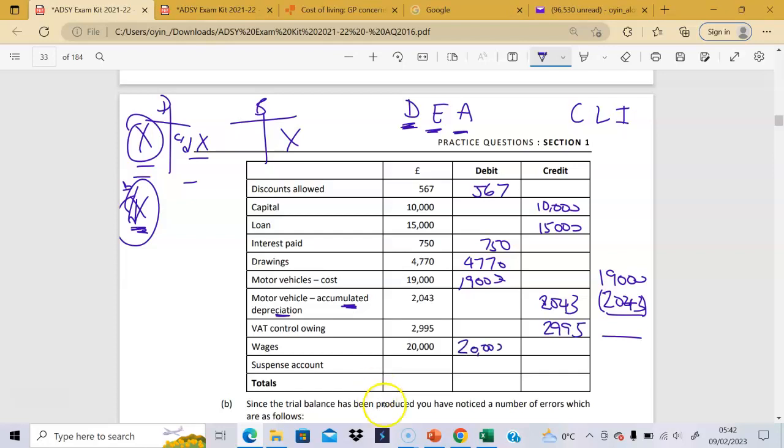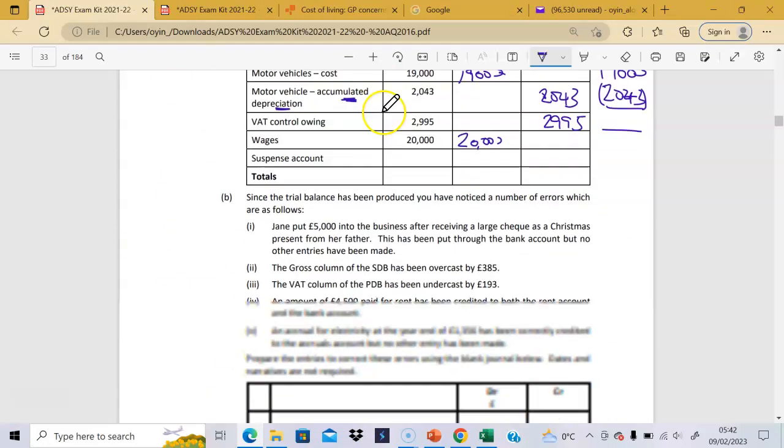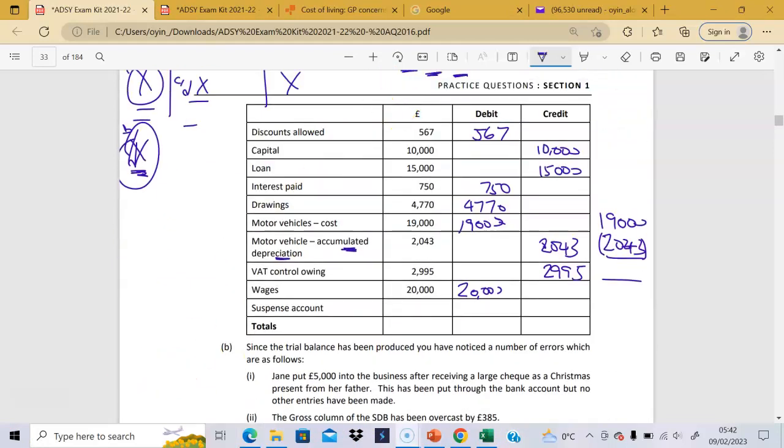So what we need to do now is to add up all the debits and add up all the credits. Let's just do that very quickly. Add all of this up, everything here on the credit side. If you add all that up, you will get 86. Please do it. 86. I suppose you are comparing your answers. Is what I'm doing. And when you add all of this up, you're going to get